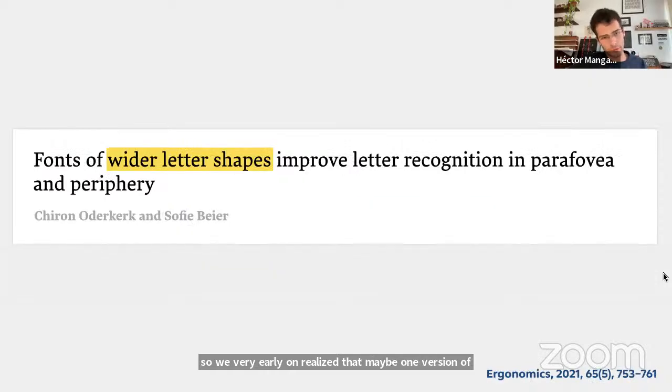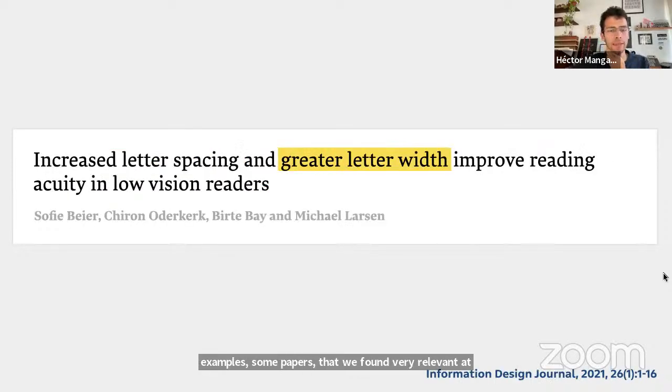These are just some papers that we found very relevant at the very beginning of our literature review. Among the 3 papers that I just brought up, there's a common factor: width of letters is highly influential when it comes to readability, especially in certain demographics, in certain low vision readers, people with very specific